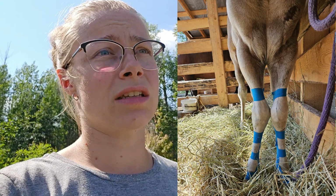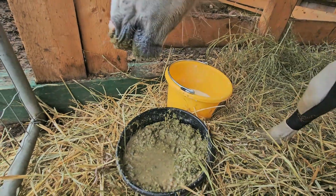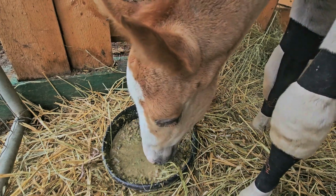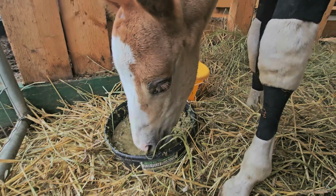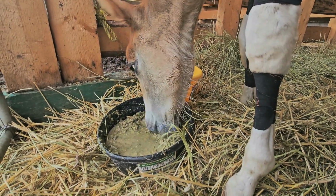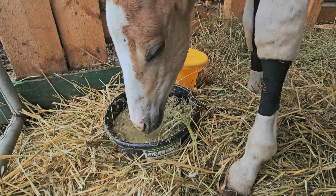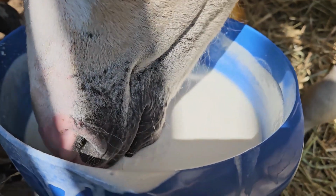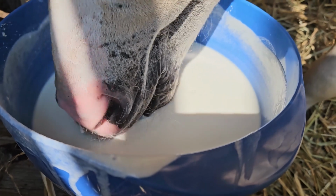And I know that in another 3 weeks, especially now that she's getting all of the good nutrition that she needs, all of the food that she needs, she's on small pen rest, she's just in a small stall, I know that all of those things are going to contribute, hopefully, to her ultimate recovery, in that her legs are going to be completely straight. However, this is not a sprint, it's an endurance race, and she's going to be one that needs a lot of time and care,